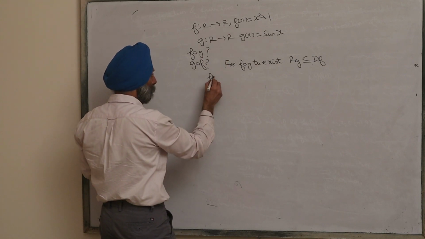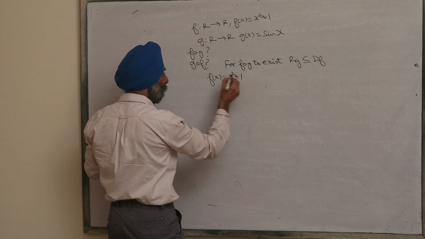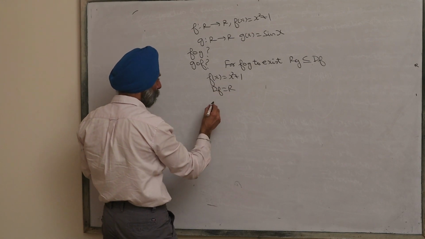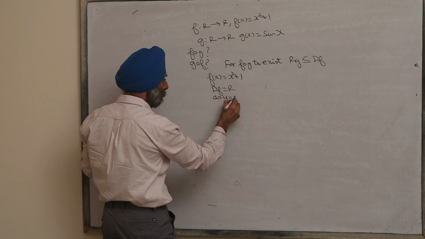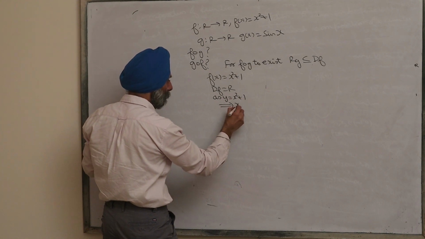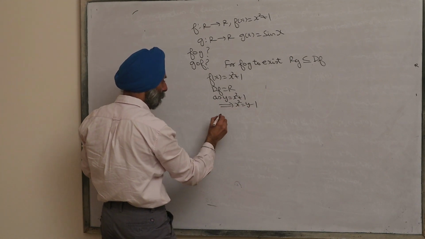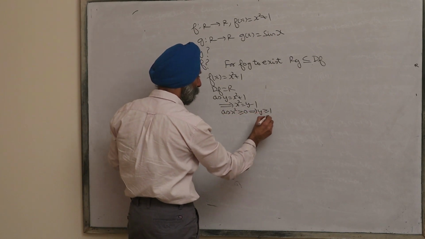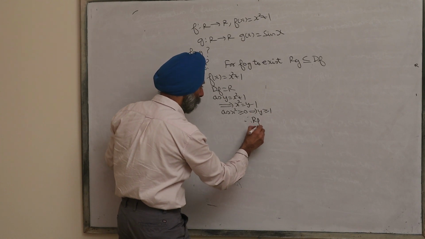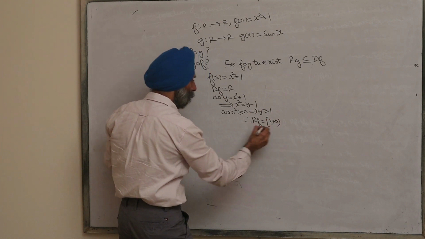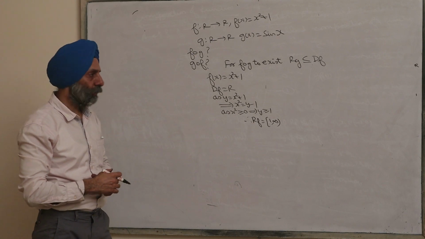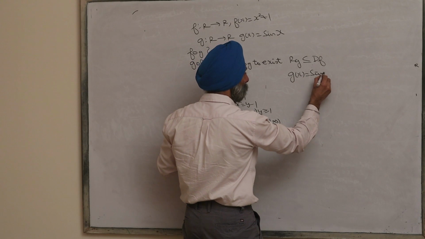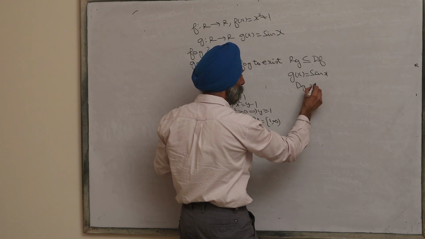Now f(x) = x² + 1. So you can see here the domain of f is R. Now as y = x² + 1, this implies x² = y − 1. As x² is greater than or equal to 0, this implies y is greater than or equal to 1. So therefore the range of f is 1 to infinity. Now g(x) is given by sin x, the domain of g is R,